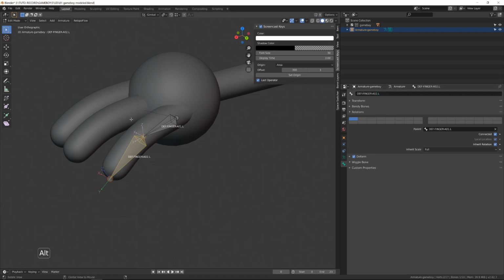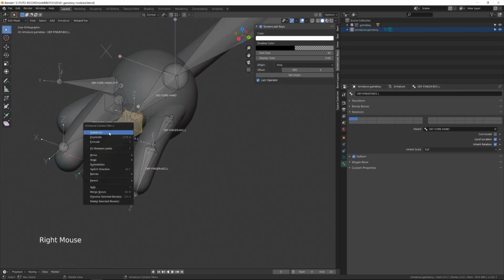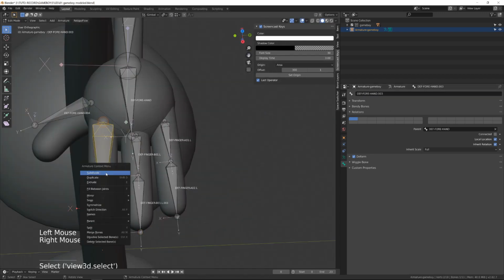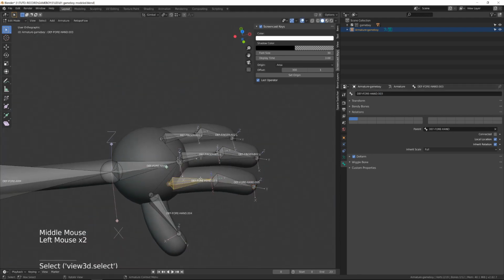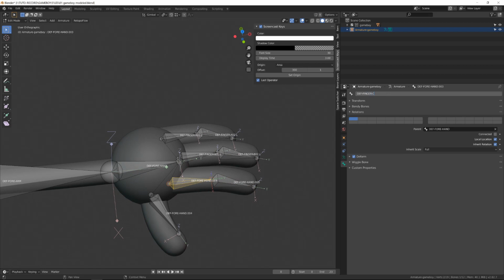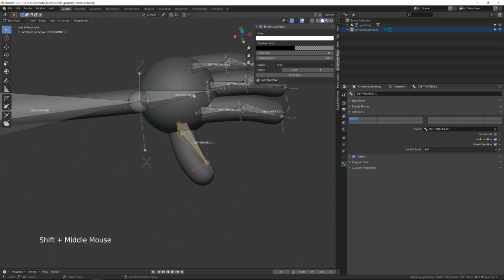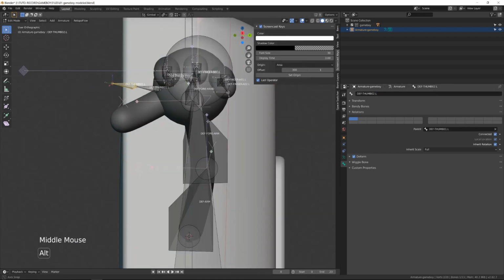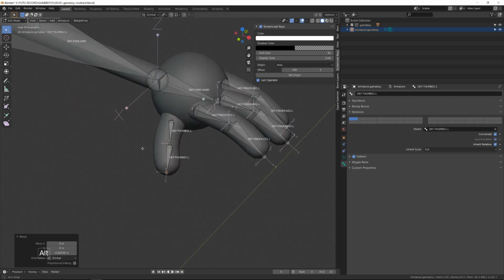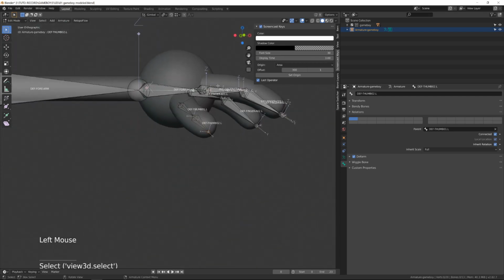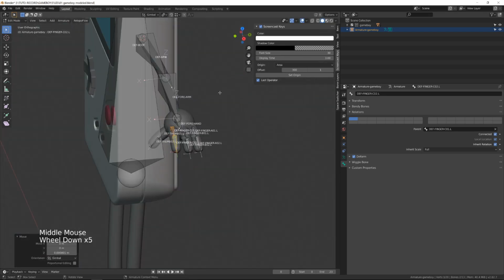I will also properly name the bones A01 and A02.l. I will repeat the process on each finger, selecting them, right-clicking, subdividing them, then aligning them with the shape of the finger. Note that I tried to keep the same orientation as the workspace for each bone, meaning that their Z-axis is pointing upward. To rotate a bone onto its own Y-axis, you need to select it and press Ctrl R.